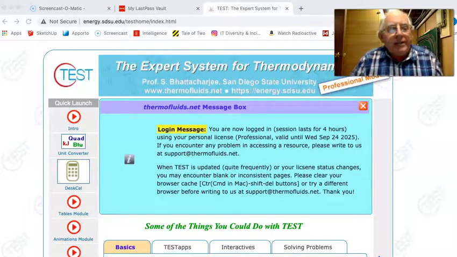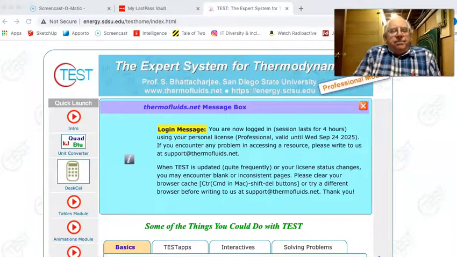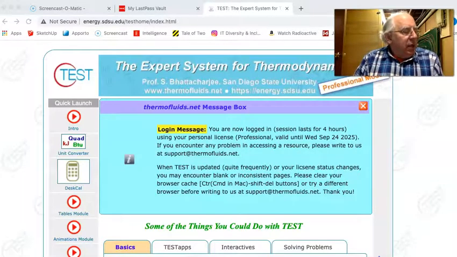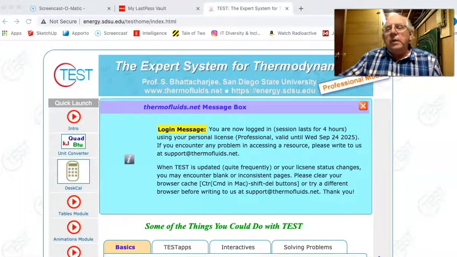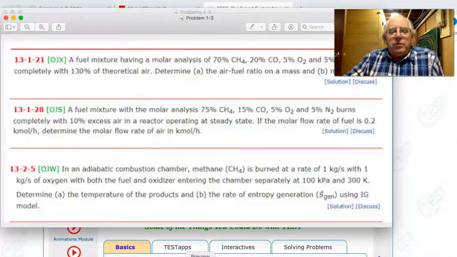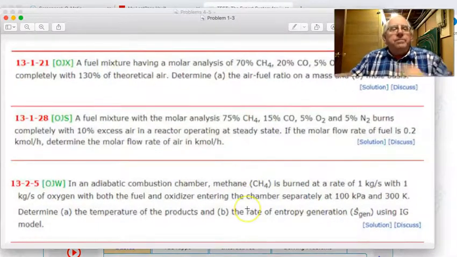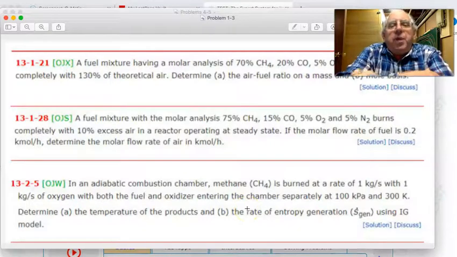Okay, today what I'd like to do is solve a couple of the combustion problems that you have due in a week from this coming Friday. So the two problems I'll show, the two problems that we're going to work on. The first one will be the second problem listed,